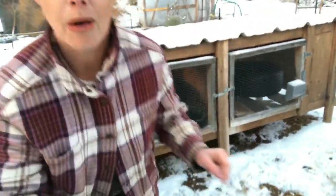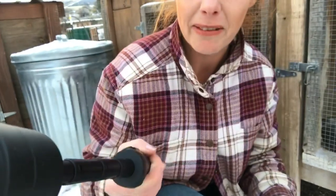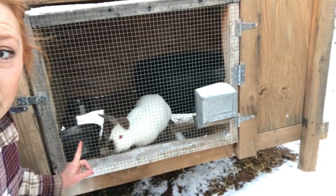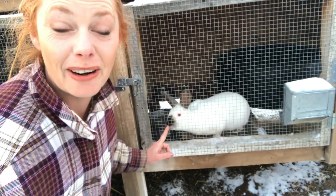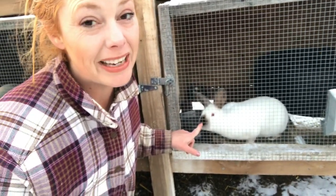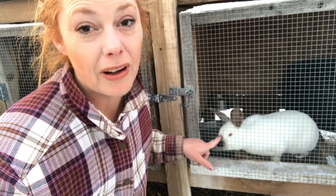Let's see. I'll walk over here. Let's see if I can figure this thing out so that I can get it to turn. Okay. So in here I do have some dog bowls, and that's a stainless steel bowl right there. So you are not limited in your options. In one of them I have a ceramic dog bowl. Not my favorite because it is difficult to dump out water, so